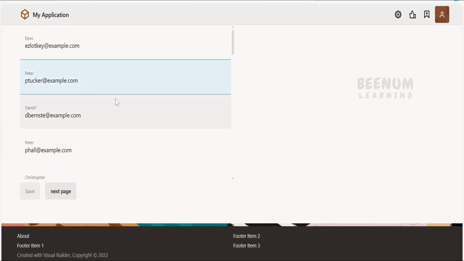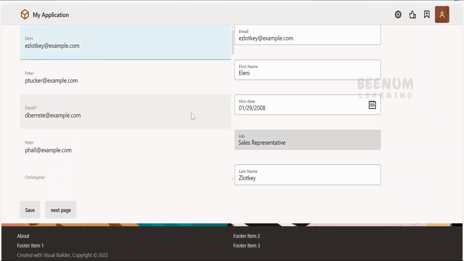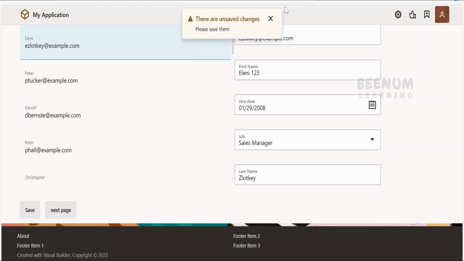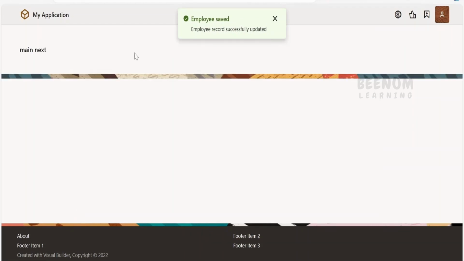I will click on Peter. I'm getting the details. Click on Eleni. I will just modify to Elena 123 and click on next page. Now the user should be getting a prompt saying there are unsaved changes, please save them. So once the user clicks on save, then they should be able to navigate to a different page. See, like this. So like this, we have seen how to track the changes of a variable in Visual Builder application